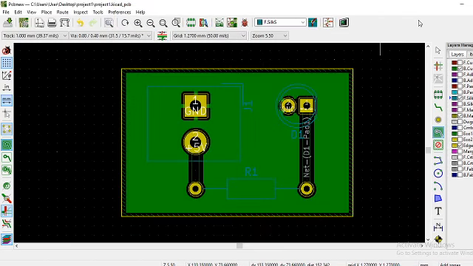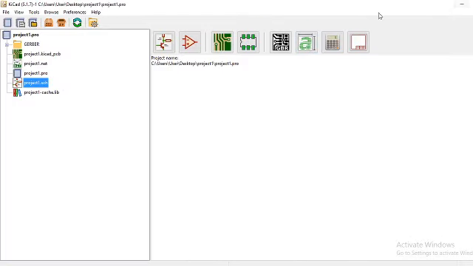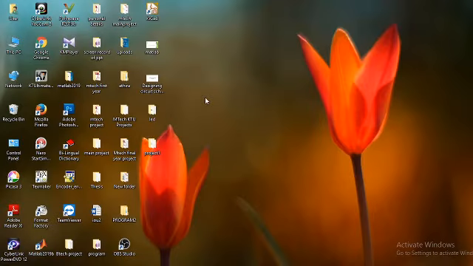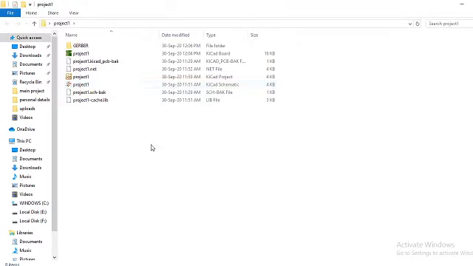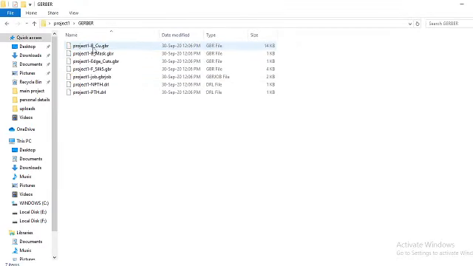When we check the folder, we can see the schematic files as well as the Gerber files also. So now our PCB design is completed. Then check the file. Here we can see a folder Gerber.